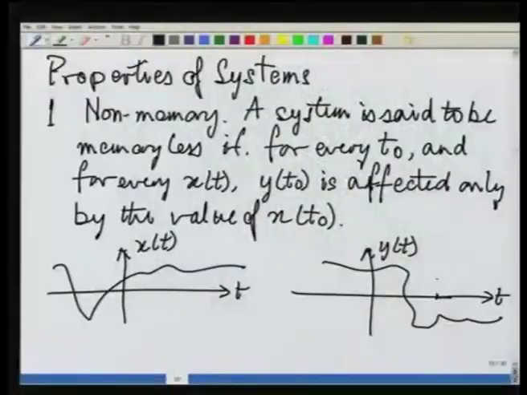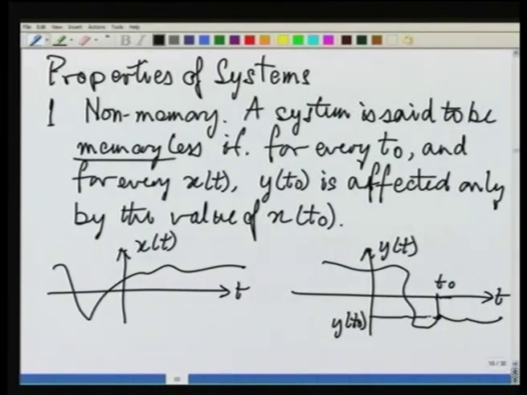The point being made is that if you confine yourself to a particular instant of time t naught and consider the value of y(t) at t naught, this is y(t naught). y(t naught) is a number, y(t) is a function of time, y(t naught) is just one number. We are making the assertion that if a system is memoryless, as I would underline over here, then